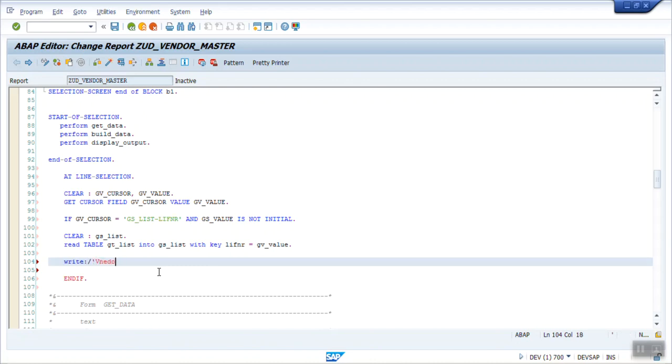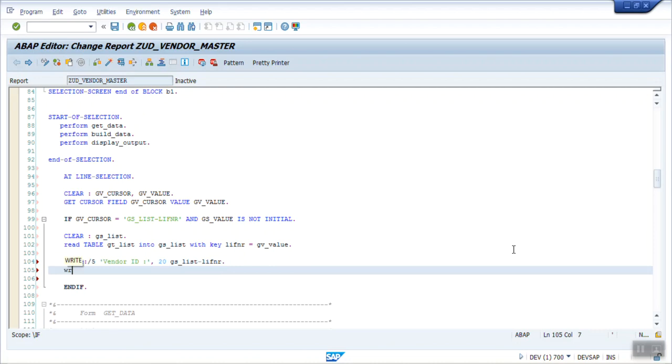let's say vendor ID. In real time there can be any requirement. Just to show the concept, I'm writing here vendor ID and gs_list-listener. Give a single quote here. Let's say write here at 5, and this value will be at position 20.